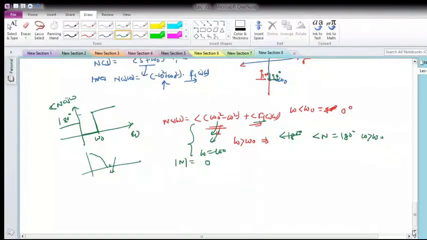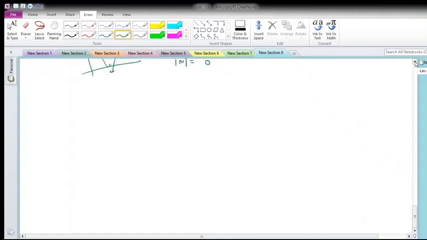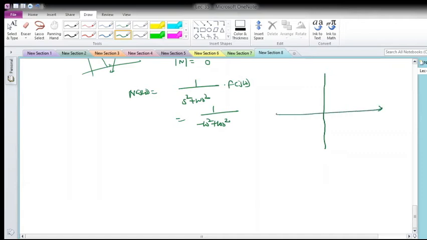Let us now evaluate for the poles. If the poles are a complex conjugate pair, suppose F of j omega has s square plus omega naught square in the denominator. Let me evaluate only the angles. So it is minus omega square plus omega naught square. Now if I draw the s plane, with sigma and the j omega axis, I get one pole at j omega naught and a second pole at minus j omega naught.